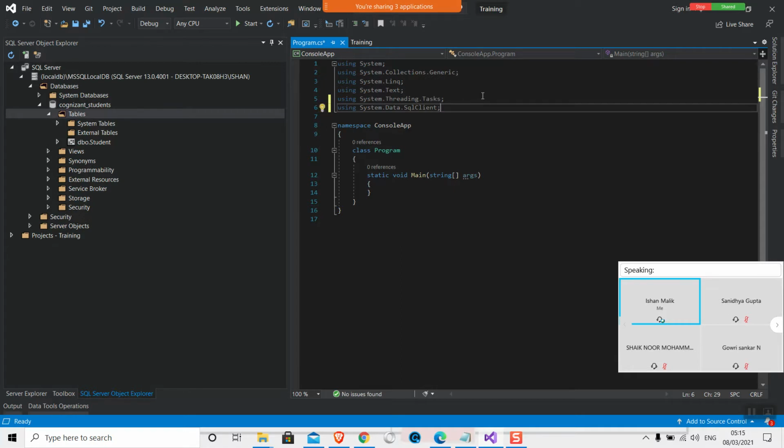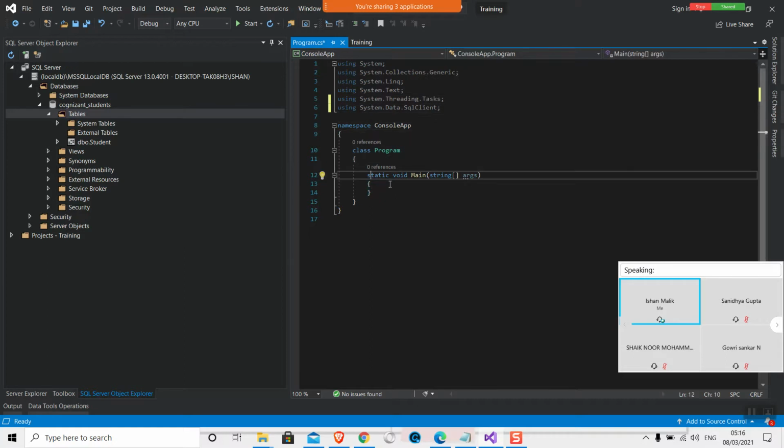If we have MySQL, then it would be a MySQL client. If it would be Oracle, then it would be Oracle client. So whichever database we are going to use, we will introduce that client here. Now we have introduced this SqlClient.